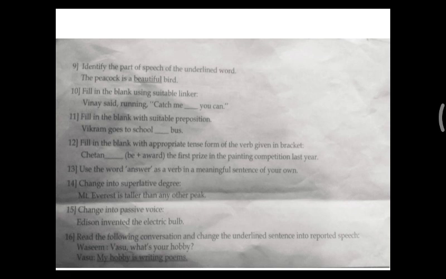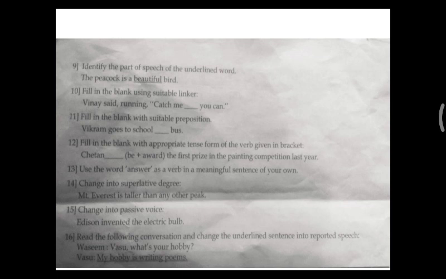So here, SVO, this will be converted into reverse, like O will come first, that is, the object will come first, that is, electric bulb was. If it is in the present tense, it needs to be turned into past tense, and if it is in past tense, it needs to be turned into past participle. So all these rules are there. I'll deal with it in the next upcoming video. So here the answer will be: electric bulb was invented by Edison. This is the passive voice of the given sentence.